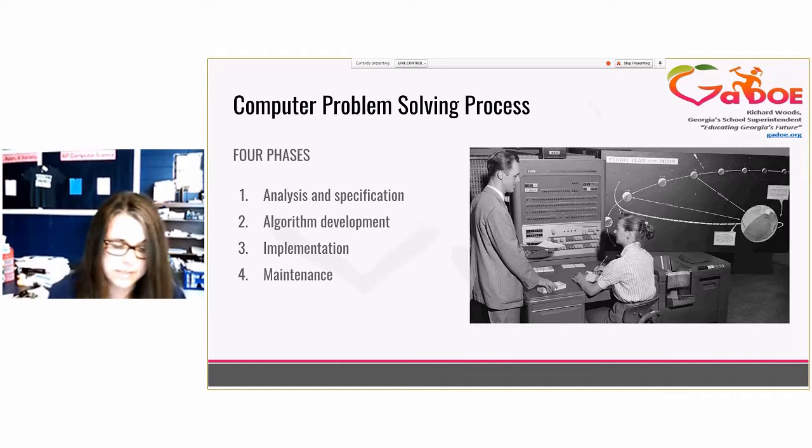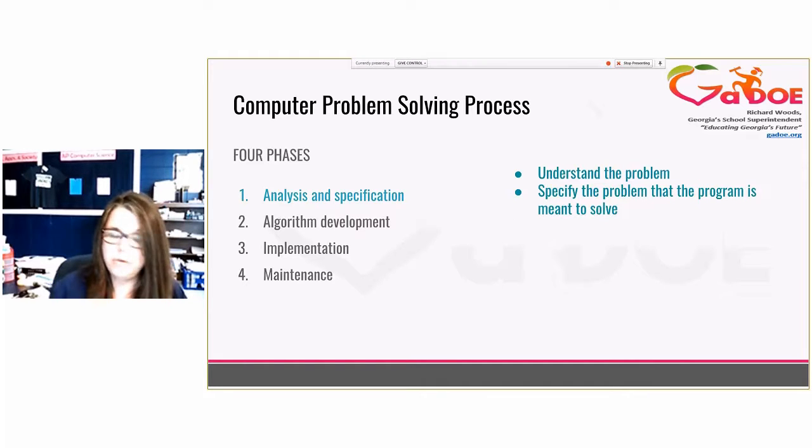The first part is analysis and specification. So this is, once again, identifying the problem. You have to understand what you're being asked to do before you can do it. And then specify the problem that the program is meant to solve. This is the specifications part of our project development. So before we ever touch the keyboard, before we get into a specific language, we have to understand what the